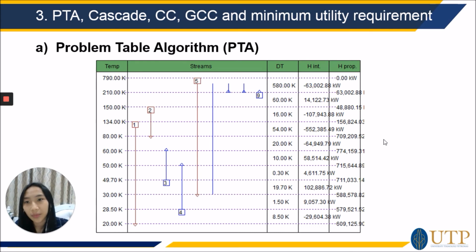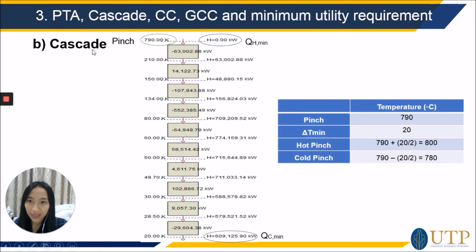Next will be the PTA, cascade, CC, GCC, and minimum utility requirement. The first one is the problem table algorithm. Basically, here is the pinch temperature. It also mentions the QH min and QC min. Same goes for the cascade, which shows the pinch temperature of 790 degrees C, as well as the minimum hot utility and minimum cold utility of